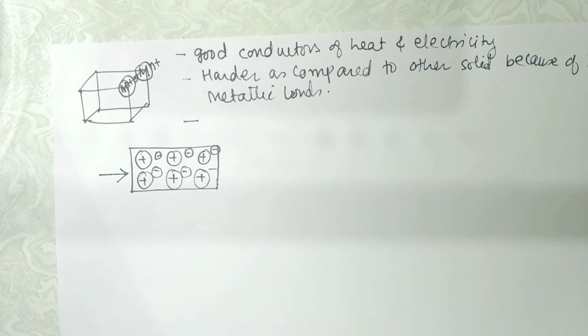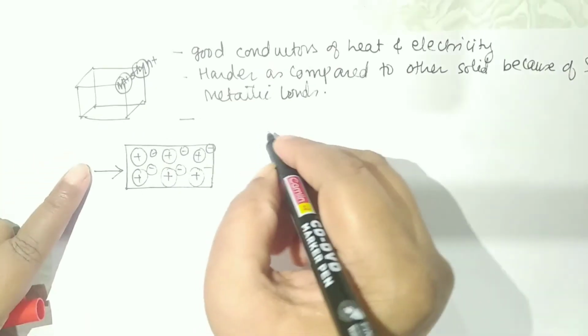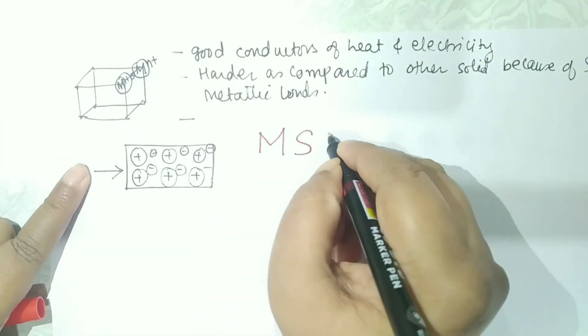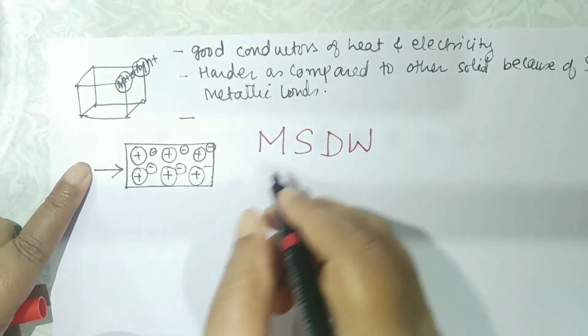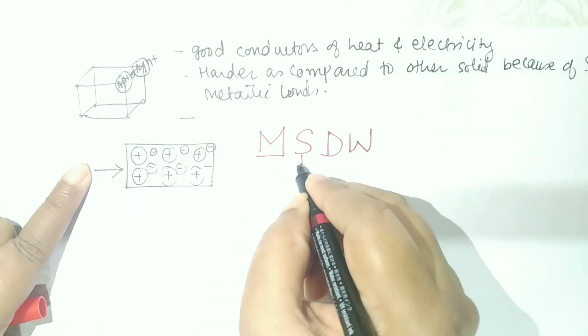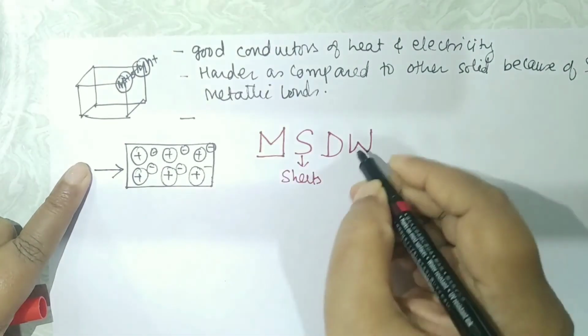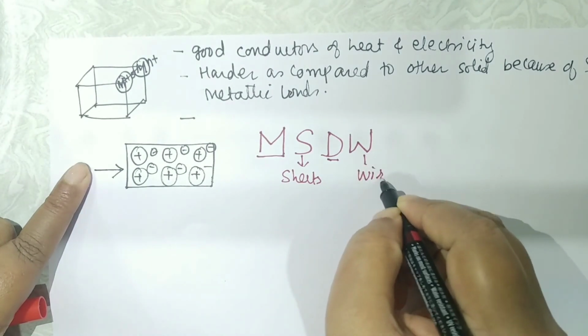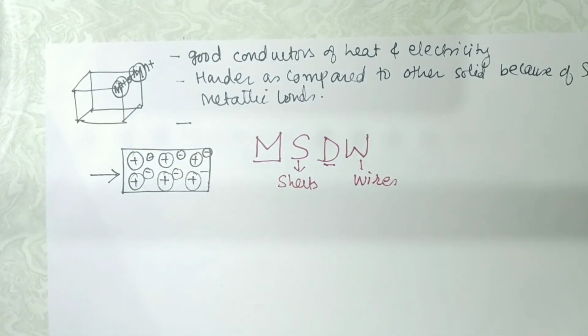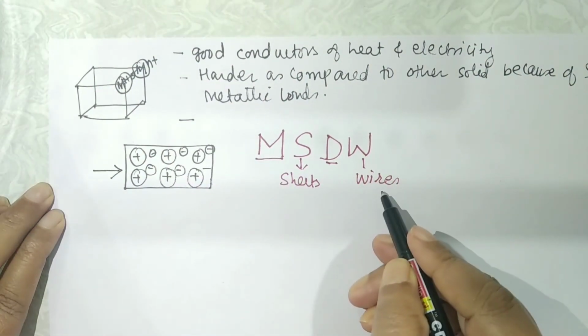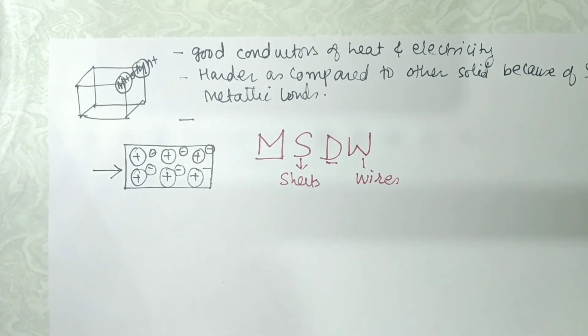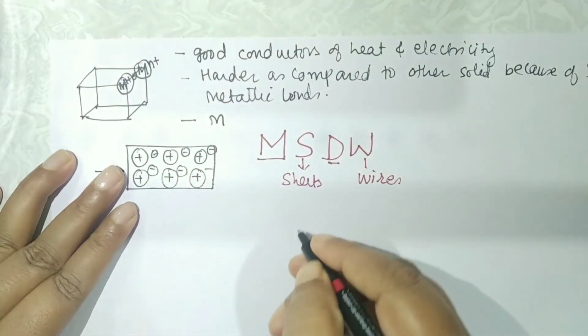To know what is this property of being beaten into sheets and drawn into wires, we can have something here. This is what you all know. MSD. This is Mahendra Singh Dhoni as a wicket keeper. So what is malleability? That I can beat that into sheets. And ductility means I can draw them into wires. So metallic solids, they have the tendency or ability to be beaten into sheets, that is malleability, and drawn into wires, that is ductility. So metallic solids, they are malleable and ductile.